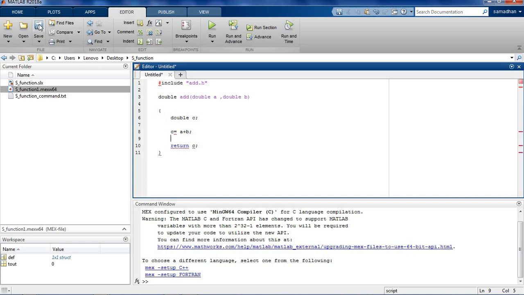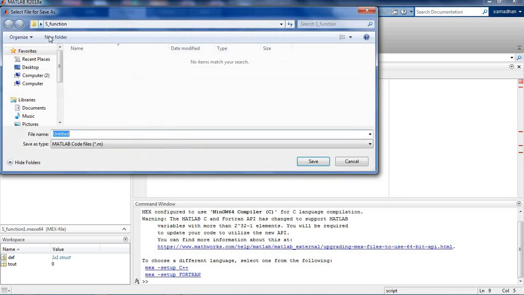So save this file. I'm writing the name for this file as main.c, and I'm saving it on the desktop under S function.